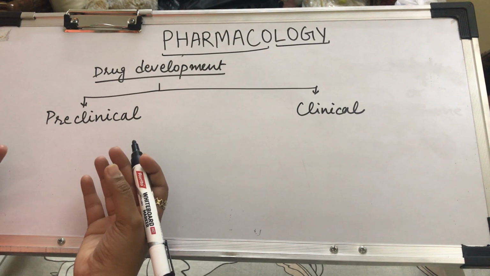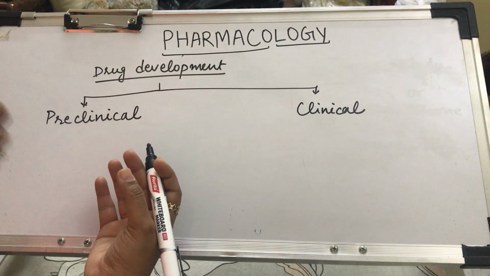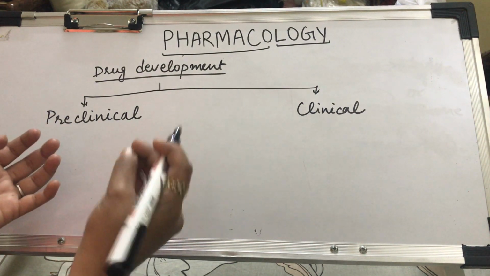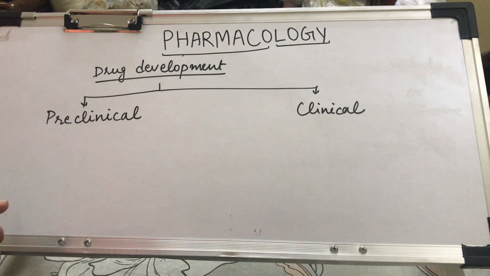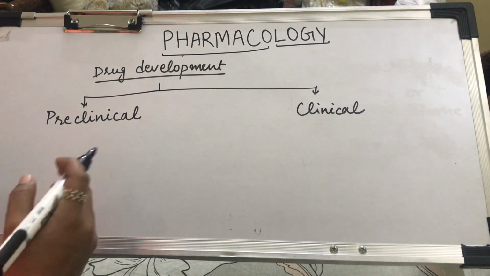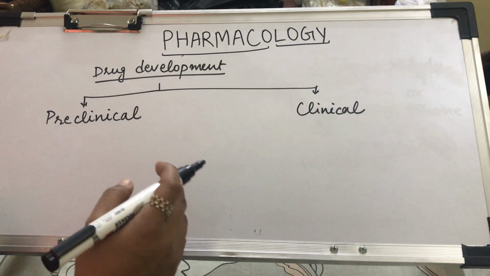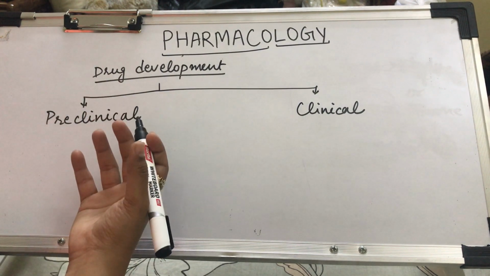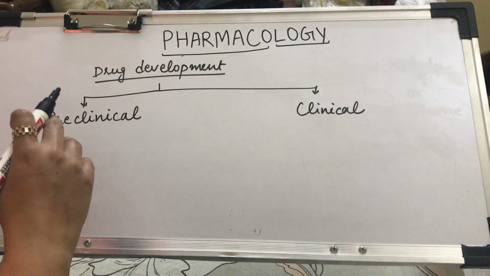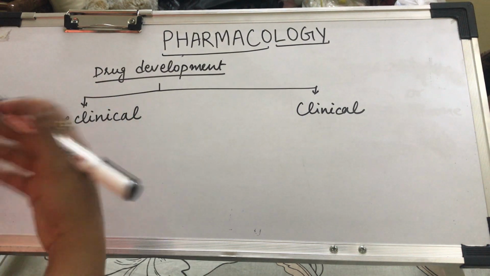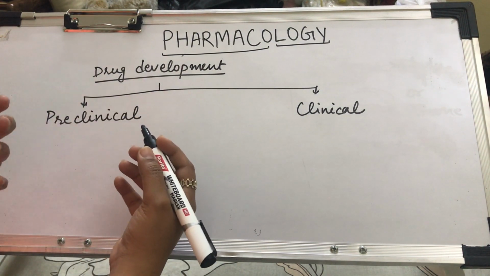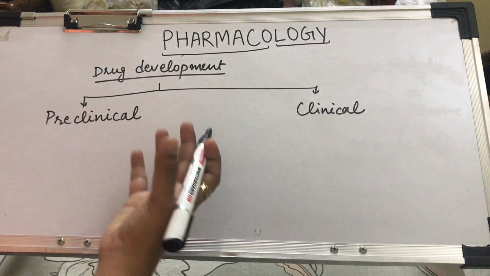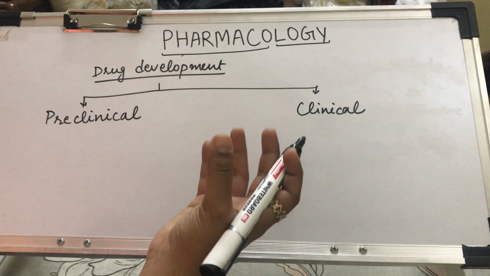and then experiments on the cell cultures are done, or isolated organs are done. You isolate an organ, for example the heart or the intestine of the animal, and then you test your drugs on that isolated part, and if you are satisfied, then these tests are done on the living organisms, such as in mice or in rats or in rabbits,